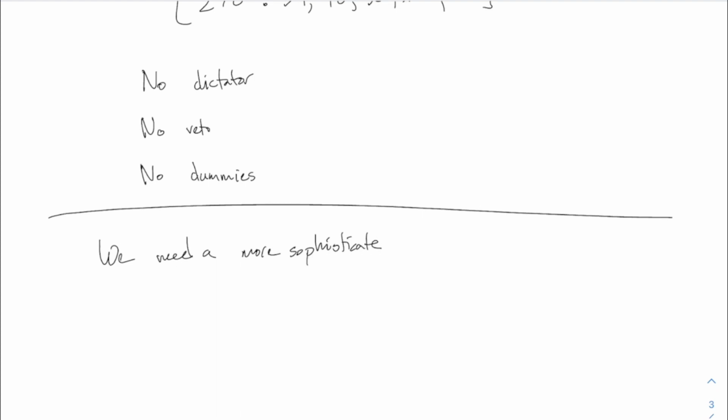That's not to say everybody is equal. They are not equal, but they are somewhere in between dictators and dummies and veto. So we need a more sophisticated measure of power. This is what we're going to refer to as a